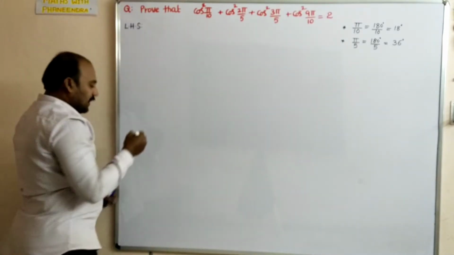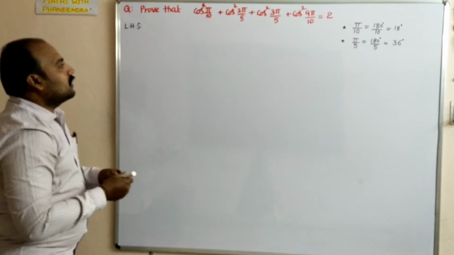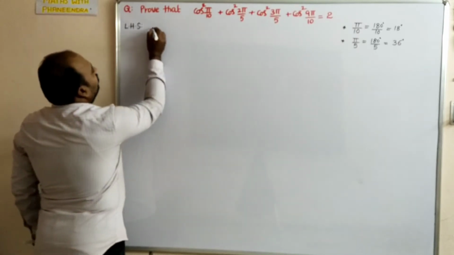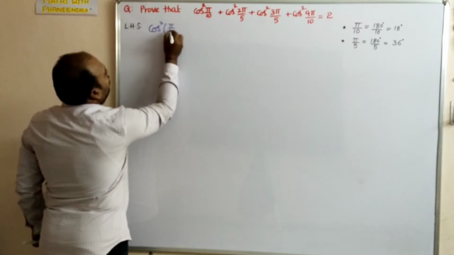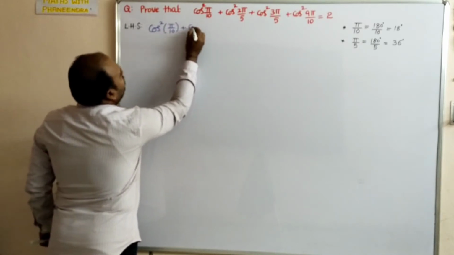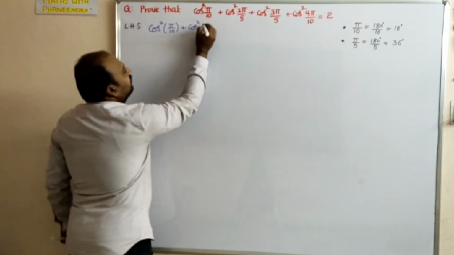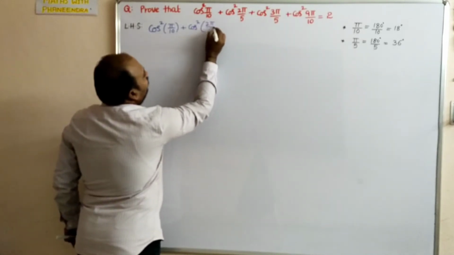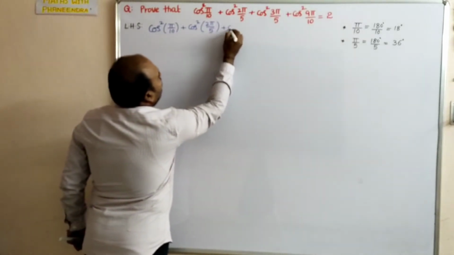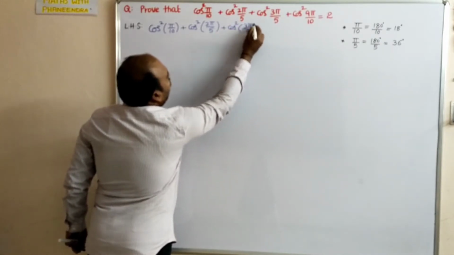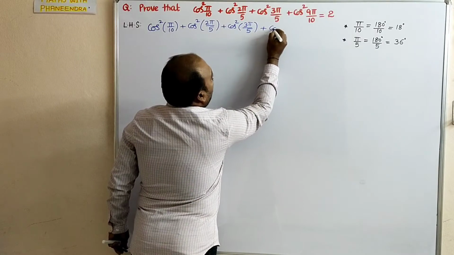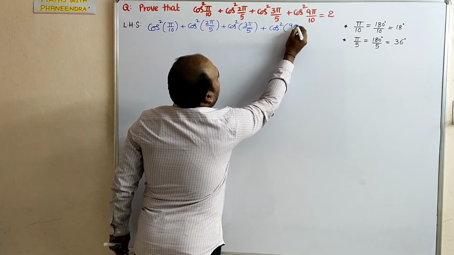First consider the LHS. Cos square of pi by 10 plus cos square of 2 pi by 5 plus cos square of 3 pi by 5 plus cos square of 9 pi by 10,